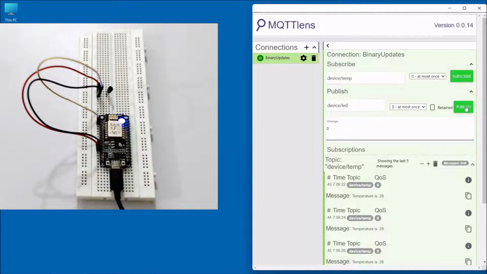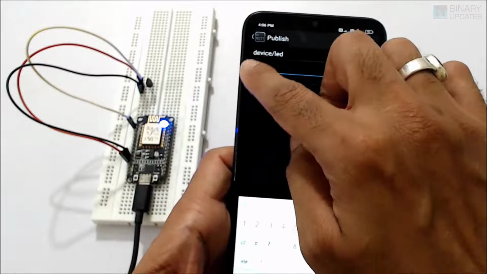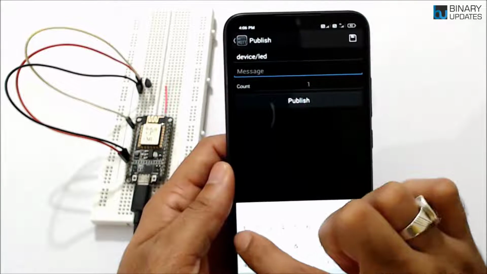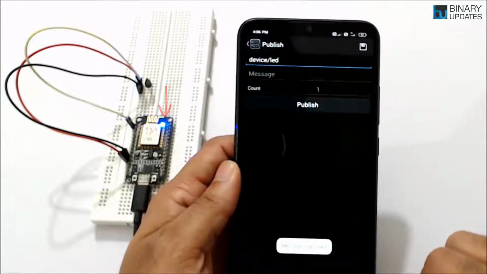Let's learn how to use MQTT protocol with NodeMCU ESP8266. In the end, we will control an LED connected to NodeMCU and monitor temperature sensor data using the publish and subscribe